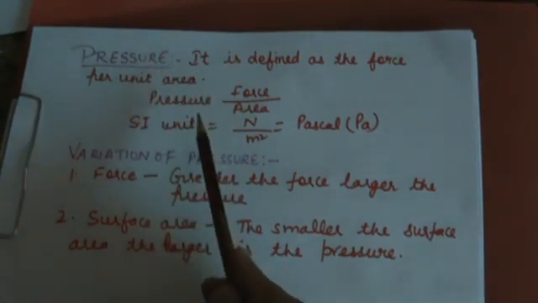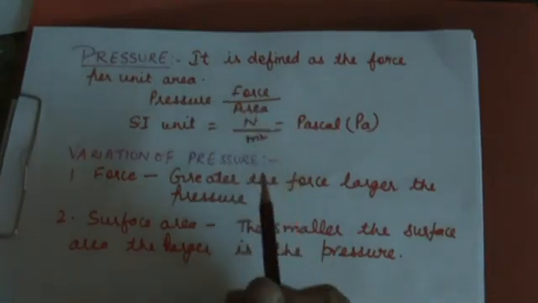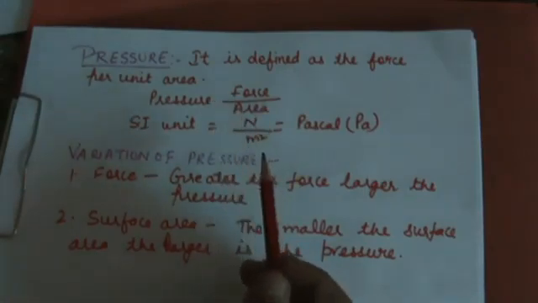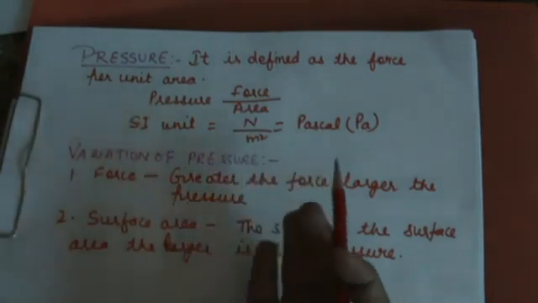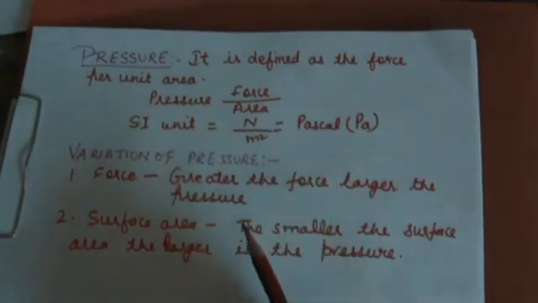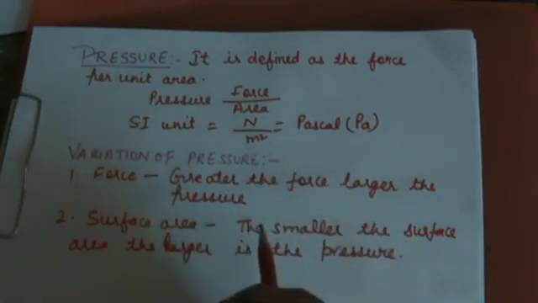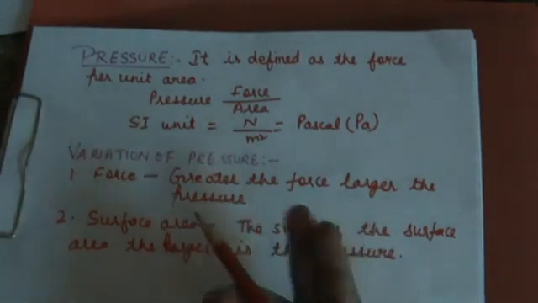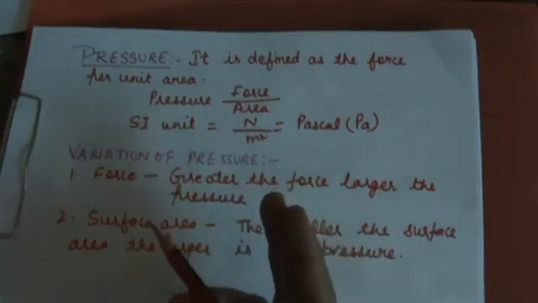What is pressure? Students, firstly you have considered the force that is applied on an object. You have already seen the effects that a force can produce on an object, but how do we find out how much effect the force will produce on the object? The effect produced on an object depends on two factors. One is the magnitude of the force, meaning how much force is applied, and the second is the area over which the force is applied.